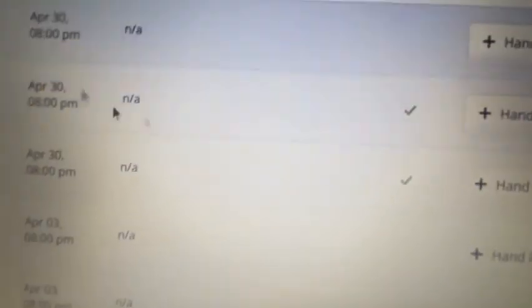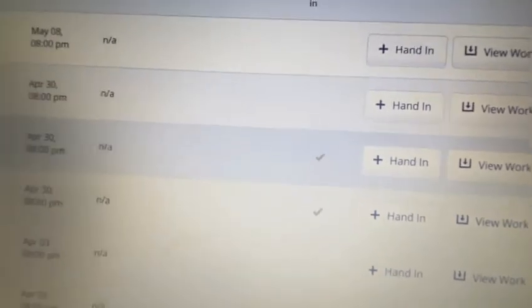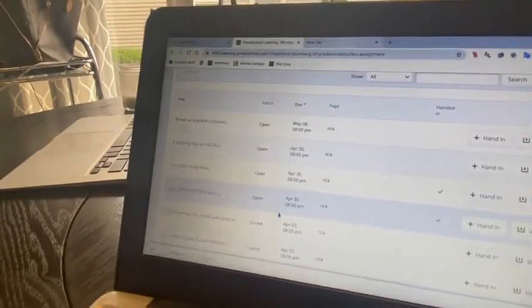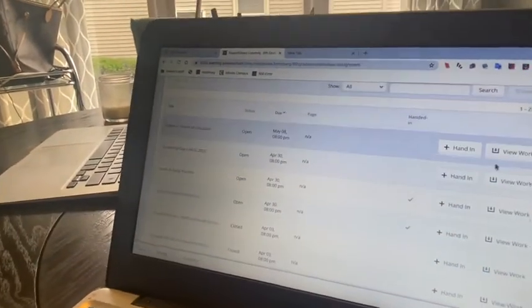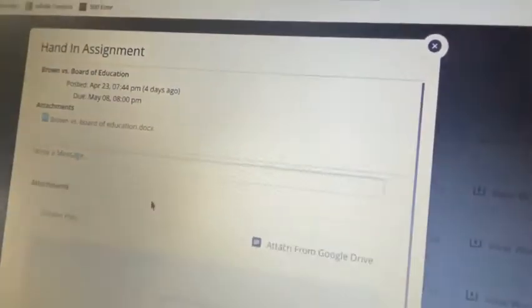If your student says that they've handed in their assignment, have them pull up their Haiku page, and is that magic green check mark next to the assignment. Now, Caden is going to demonstrate how to submit assignments to Haiku. So to submit an assignment, you're going to press hand in and choose attach from Google Drive, and then choose